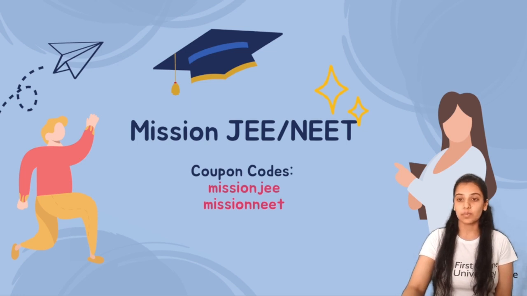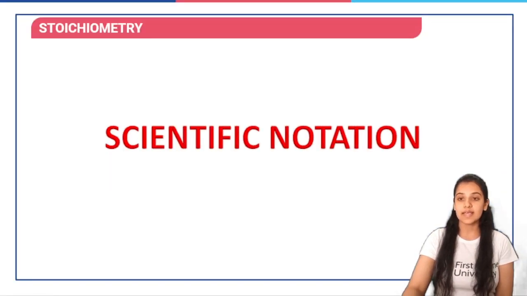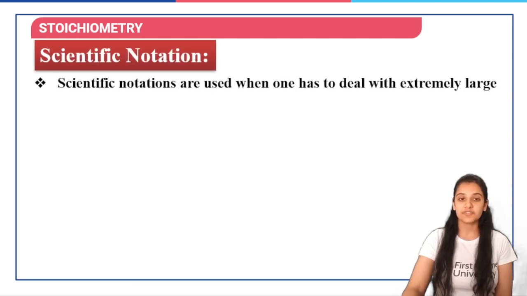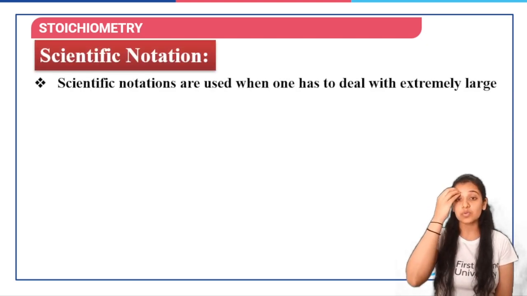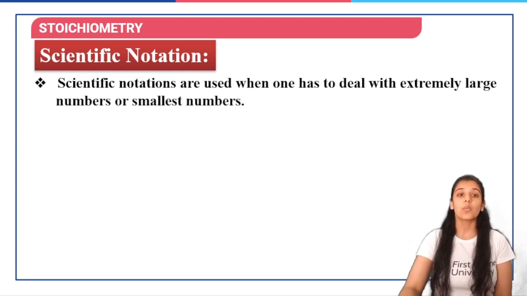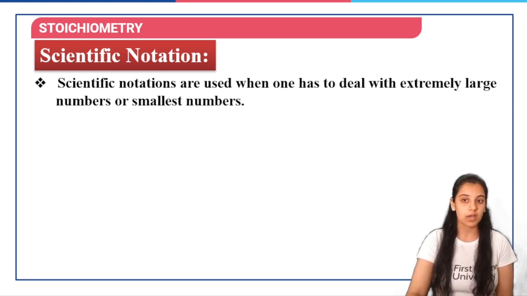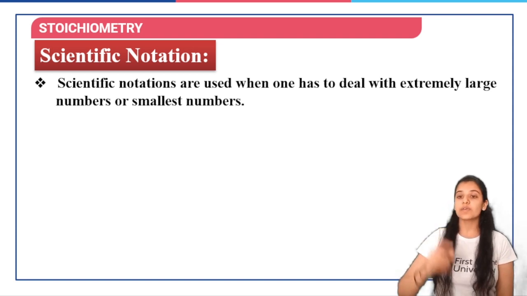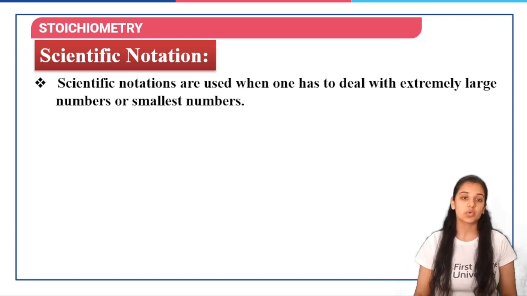Let us now begin with scientific notation. Now, what is scientific notation? Scientific notations are used when one has to deal with extremely large or extremely small numbers, right? So when we are talking about extremely large or extremely small numbers, we will have to deal with scientific notations